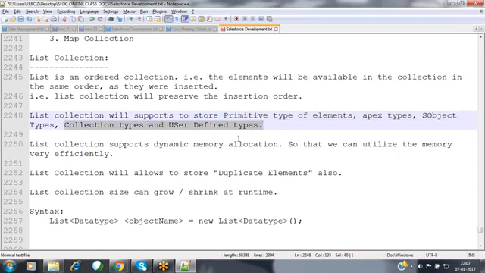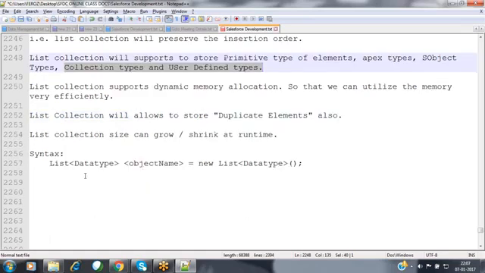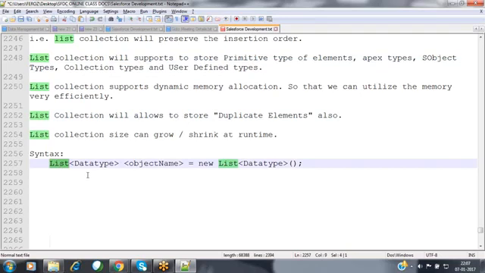All types of elements are supported. And whenever you define a List collection, if you want to restrict it to store only integers, then we can restrict that by specifying the data type. We can create the object of the List collection, specify the data type, and then we can store only those types of elements inside that List collection.